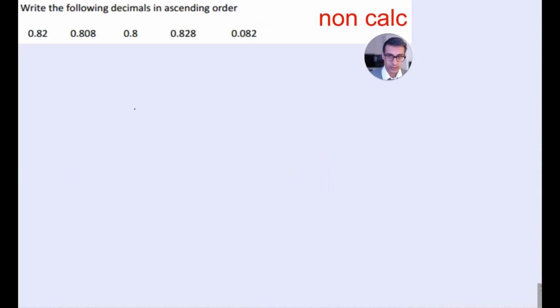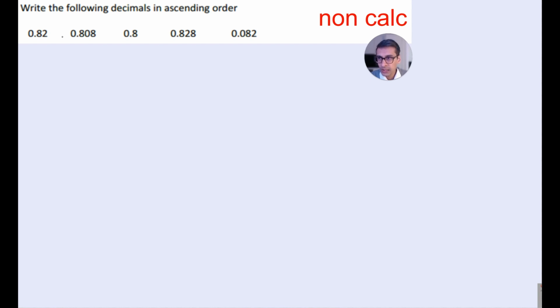Now let's look at some decimals. There's a nice strategy for this, so have a go first. You'll be surprised how many people get this wrong. So write these in order from smallest to biggest, so that's ascending. Pause the video. Now I'm going to go through the answer in 3, 2, 1. Okay, so